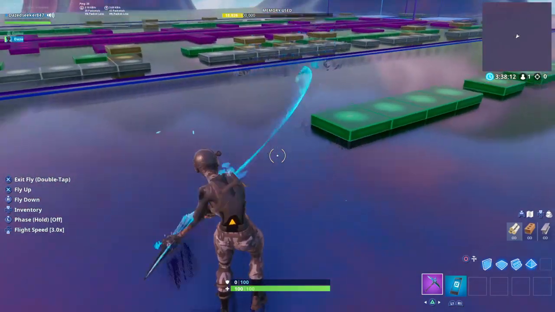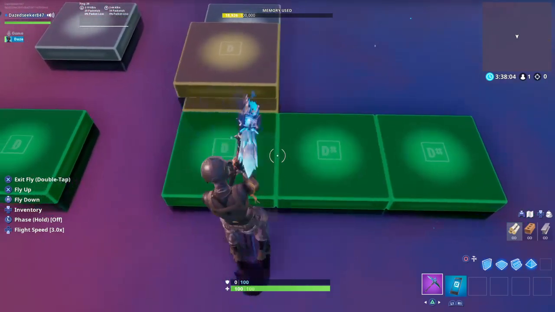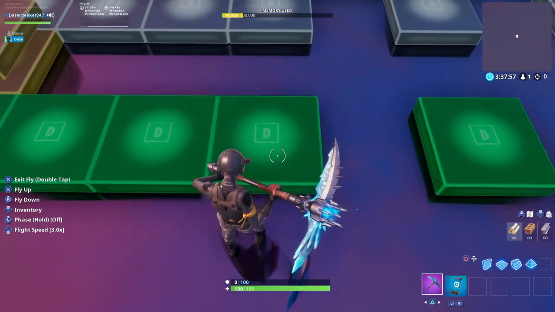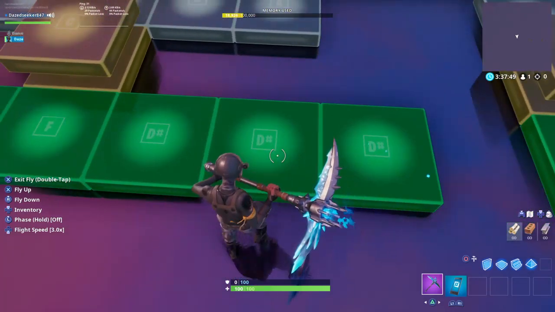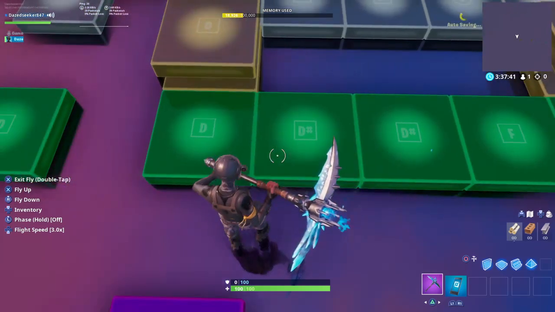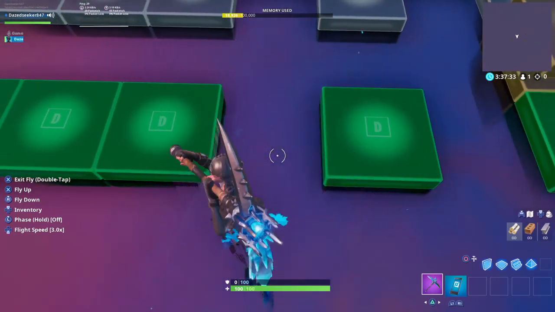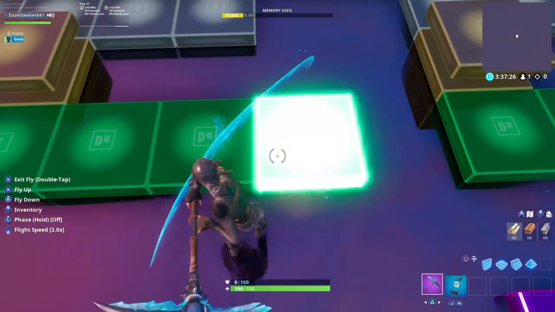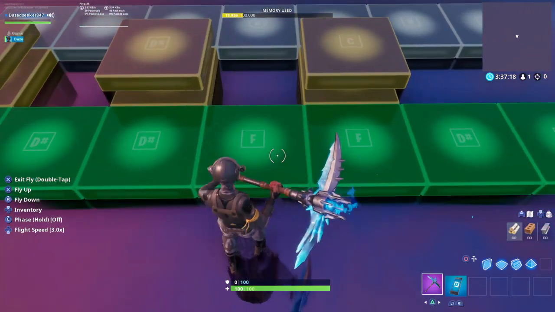Alright, so after you have the six space of blocks right here, the first note you want to add is a D sharp square, D sharp square, D square, a block space right there, D square, space right here, D square, another D square, another D square, D sharp square, space, D sharp square, D sharp square, D sharp square, F square, another F square, D sharp square, D sharp square, D, and then a space, D space, D square, D square, D square, D sharp square, a space there, D sharp square, D sharp square, D sharp square, F square, another F square,